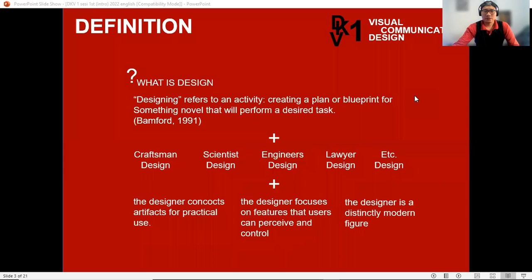Okay, next. And what is the definition of design itself? Bamford in 1991 tells us that designing refers to an activity, creating a plan or a blueprint for something novel that will perform a desired task. According to this definition, there are so many designers. Craftsmen themselves become designers that design the table or even the door,